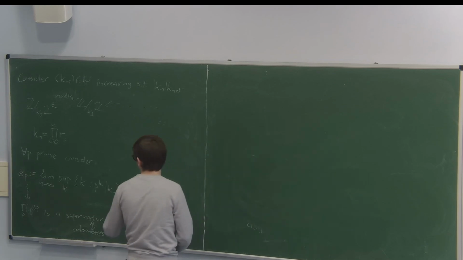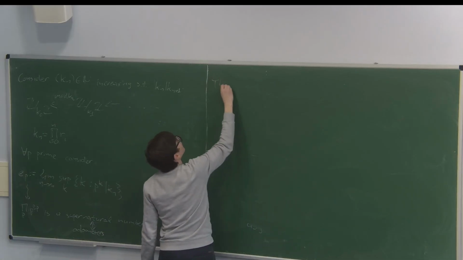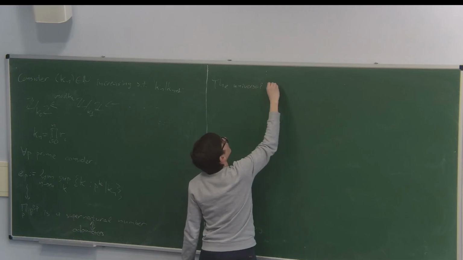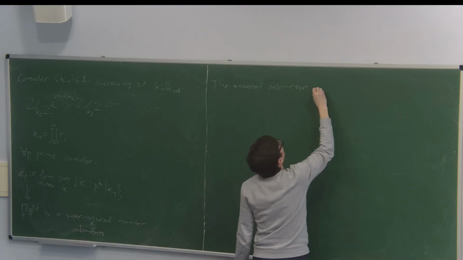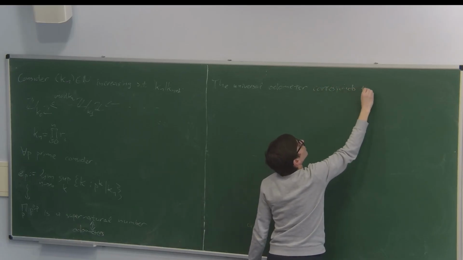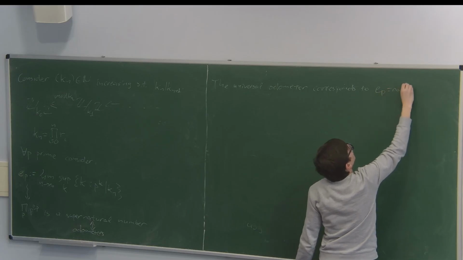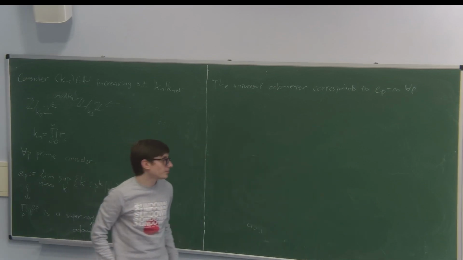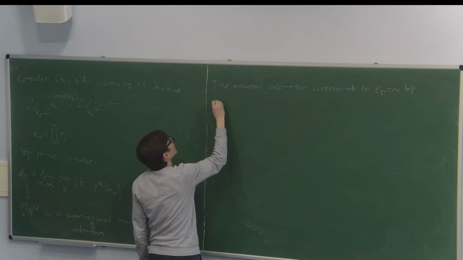Now, we know what an odometer is, we know what's going on there. The universal odometer corresponds to every exponent there being infinite. So okay, good. So now, what Peter and I started looking at